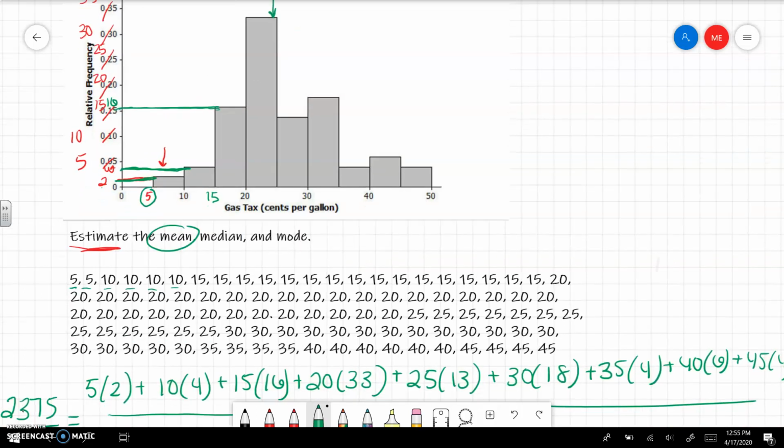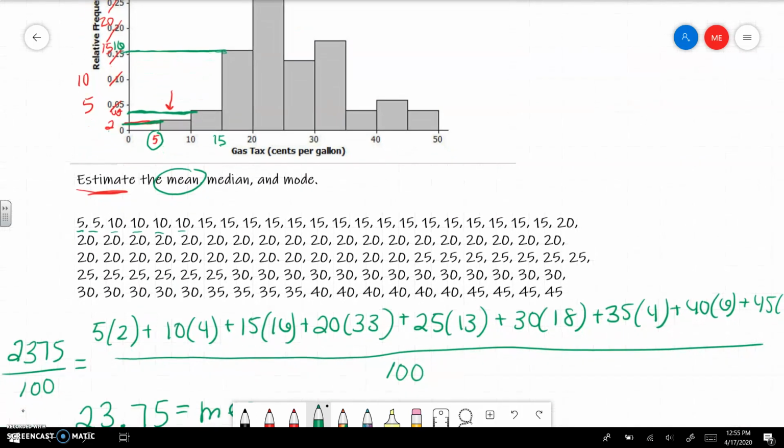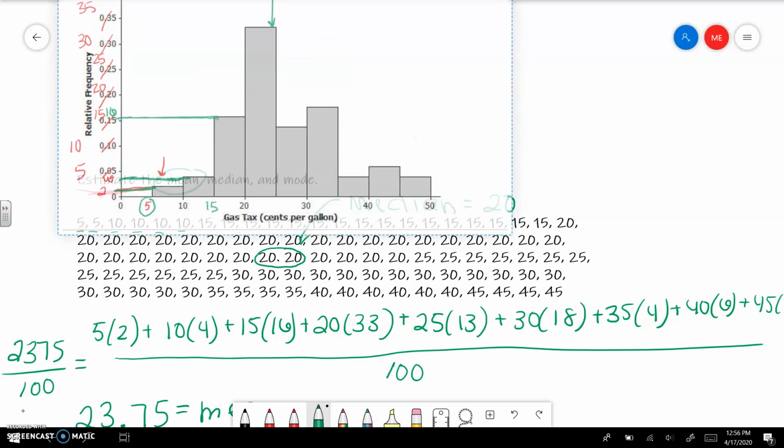Okay, and then our median, in this case, we have 100 values. Since that's an even number, we're going to be taking the average of the two middle numbers. And since there's 100, that means we're going to take the average of the 50th and the 51st value. And these are already in order. So I went through and counted up to 50. And it turns out that the 50th and 51st term are those two. So 20 and 20, the average of those two 20s is also 20. So that means our median is 20. So looking at our histogram,